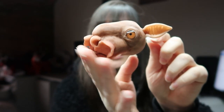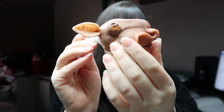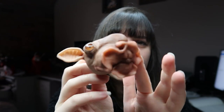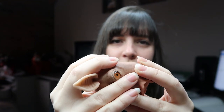So it's a weird creature. It's got this weird little mouth, fleshy bits that sort of stick out. I had a lot of reference images up on my computer to make sure I've got these fleshy bits right and the little lip area right. So I think I have. I've made this area a bit smaller